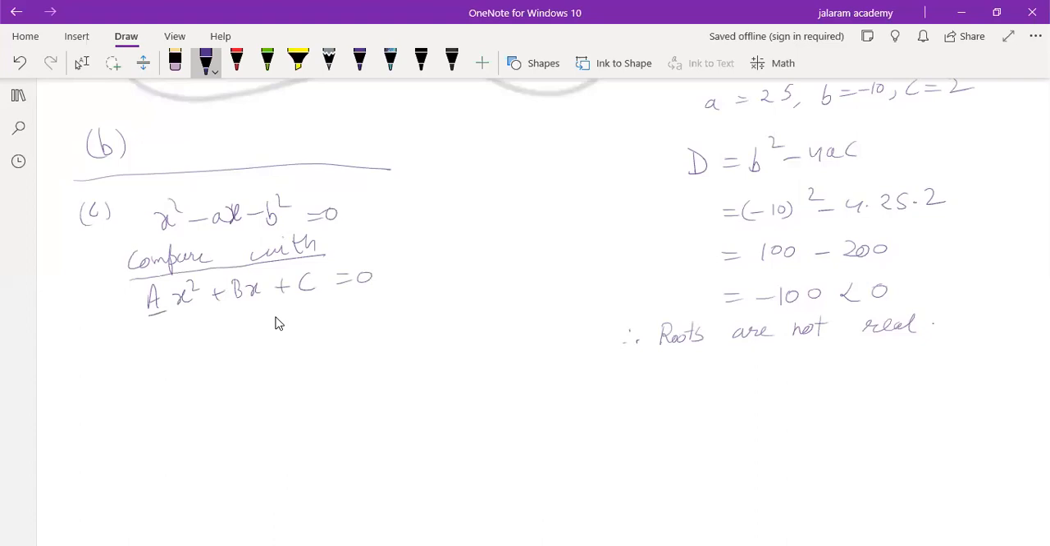Coefficient of x square in the general equation is capital A, and in the given equation it is 1. So capital A equals 1. Capital B means the coefficient of small x in the general equation is capital B, while the coefficient of small x is minus a. Now capital C, the constant term, is minus b square. Now when we find the discriminant,